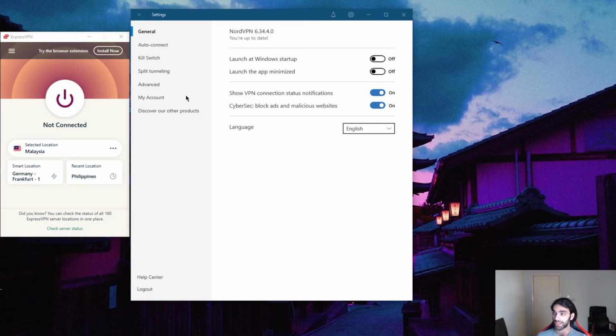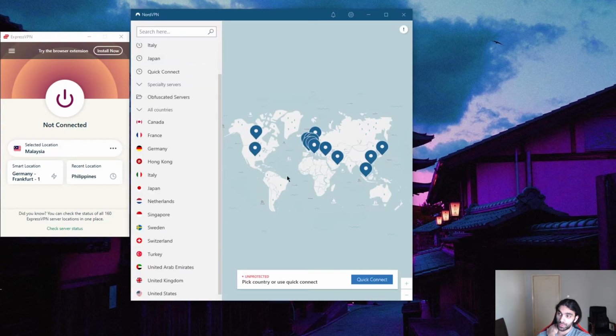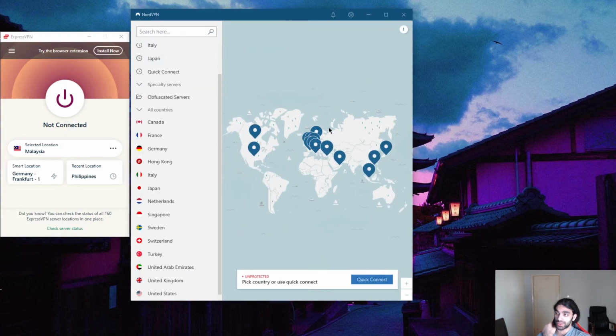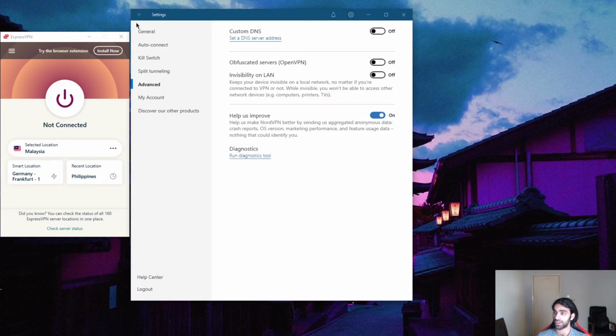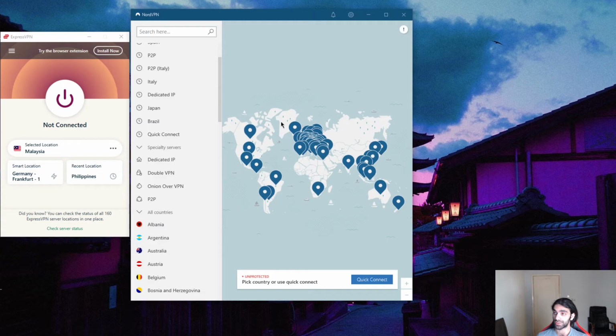Though keep in mind, if you're going to use obfuscated servers, right here, obfuscated servers is already on by default in ExpressVPN, and you still have access to so many servers. However, in NordVPN, if you turn on obfuscated servers, you will lose access to many servers. You can notice here how many fewer servers I have, whereas if I turn it off, I have access back to all these servers. But you're only going to use obfuscated servers if you're living in a country with heavy restrictions and censorship,